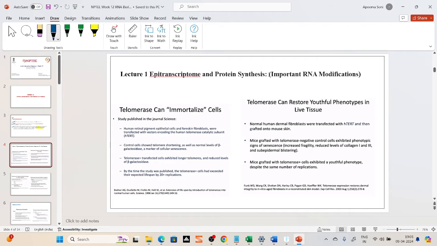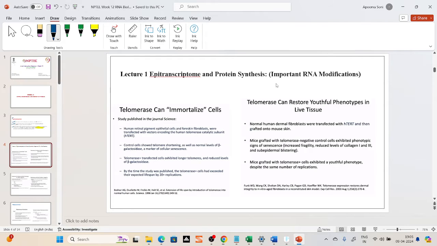Epitranscriptome is nothing but the RNA modifications that happen at the post-transcriptional level. Why post-transcriptional? Because obviously modifications are happening on RNA, which means transcription has already taken place. But all these modifications do affect the expression. Now, before reading about the important RNA modifications,